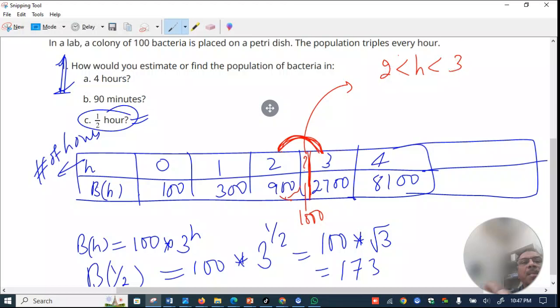So the question is, is it 2.1 or 2.2, 2.3, 2.4, 2.5? And you will see, even if you put 2.1, it means if I multiply 100 times 3 raised to 2.2, let's write it. So if we take 2.1, in the beginning it was 100, so 100 times 3 raised to, because the growth factor is 3, and if I put 2.1,